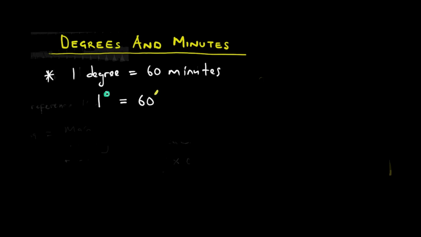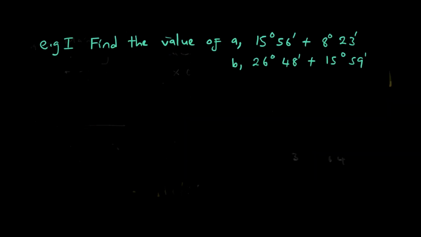Alright. Having learned that, let us go over to our first example. Saka tichaita ma-examples ari 2. Ma-examples aya actually represent, I cannot claim kuti wholly kana kuti holistically represent. Asi ma-examples aya fairly represent ma-questions ese anouya achibvunza pamusoro pema-degrees and minutes. This is going to be our example number 1. This is going to be our first example.